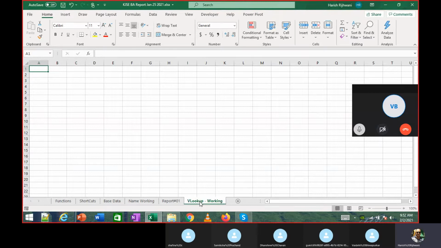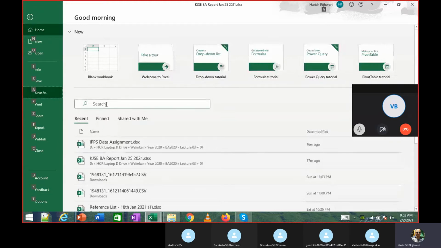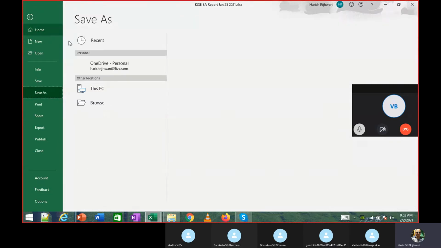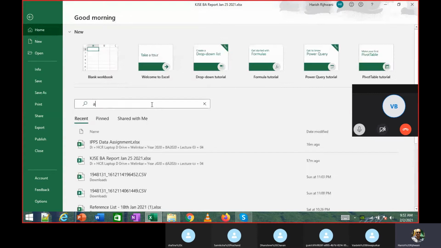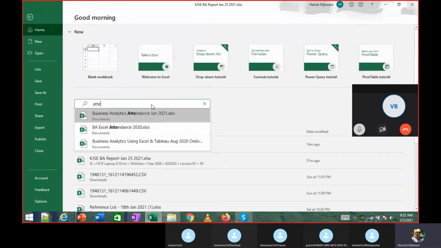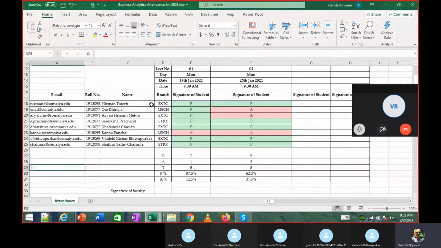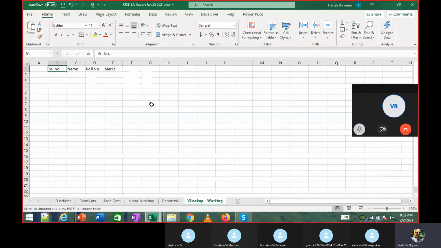I've added a new sheet. So let's say I have serial number, name, roll number, and marks. Let's say it is that way. Again, let's say I take this name, roll number, just for this.